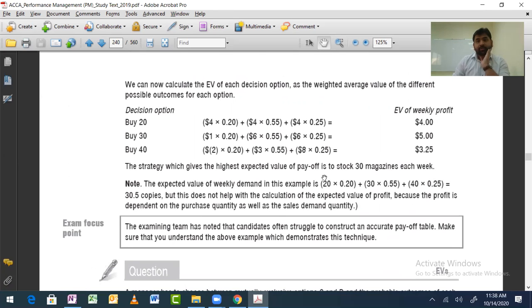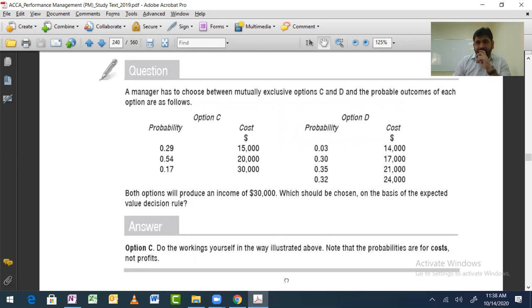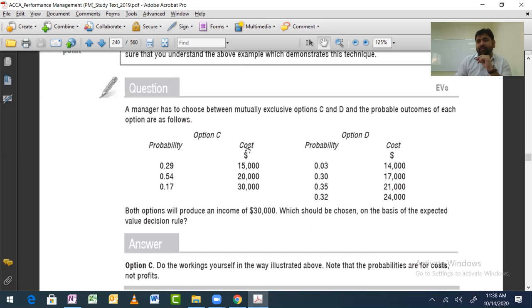Yes, sir. This is a good question. Expect something like this in the exam. These are all timepass stuff. Because again, probability given, cost given, multiply. Probability given, cost given, multiply. Since we are talking about cost, you will choose the highest or the lowest one? Lowest. Done. That was the magical trick here.